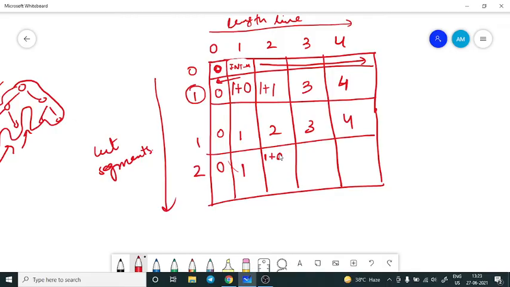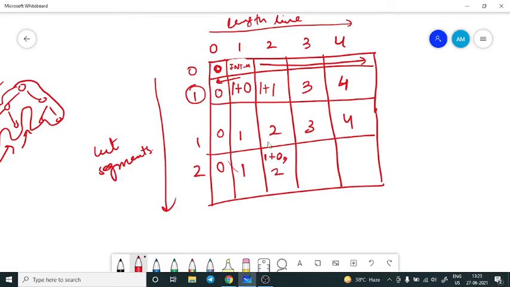So I have to take a max, right? Max of this previous value. Why max with this previous value? Considering that I had said that I had choices for each cut segment, either to pick it or to skip it. Since I have picked it, I got these number of cut segments for this length 2. And now if I skip it, then I can have 2 cut segments. So I have to take the maximum one.